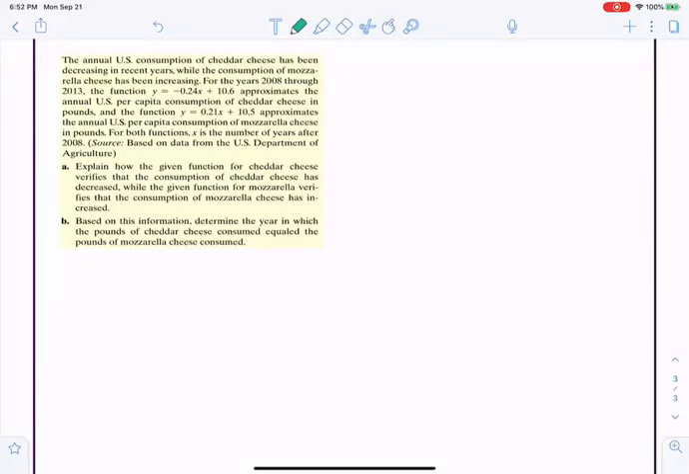We would like to know, in part B, the year in which the pounds of cheddar cheese consumed equal the pounds of mozzarella cheese consumed. So there are a couple of ways to formulate this. So the first approach, you look at the line y equals -0.24x plus 10.6. And the second line, which is for mozzarella,